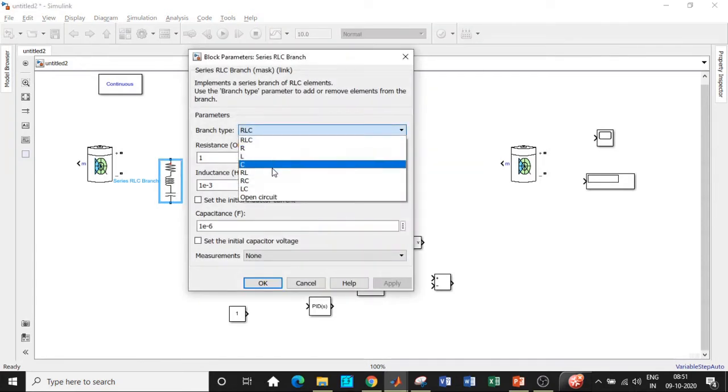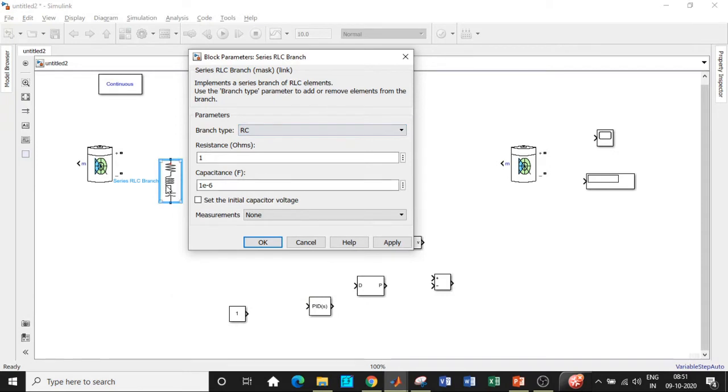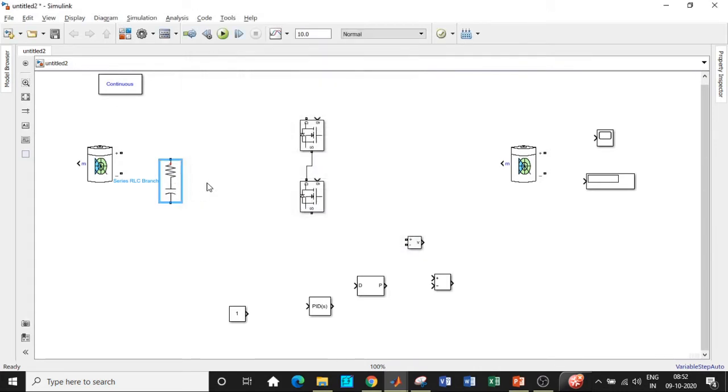I'll be requiring an RC, so basically we need to use a capacitor here, but connecting a battery directly with respect to the parallel points, if you're tapping at this point, connecting a capacitor in parallel with the battery will throw you an error. That is why I'll be using an RC branch, and the value of resistance will be chosen to be very small such that it does not play a huge role, although there will be some amount of effect because of its value. But nevertheless, you have to add an RC branch in parallel with the battery, otherwise it will be throwing you an error. Once that is done, copy paste this.